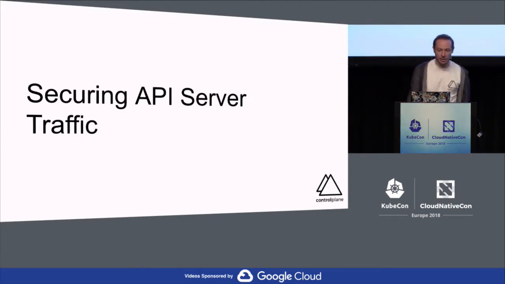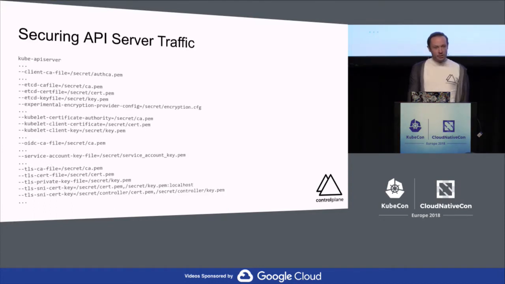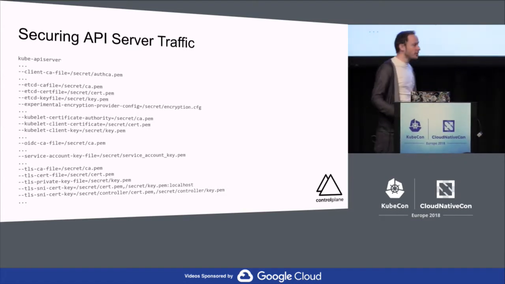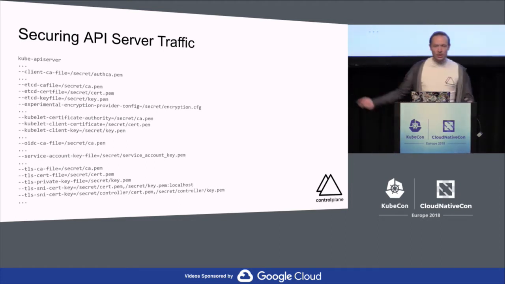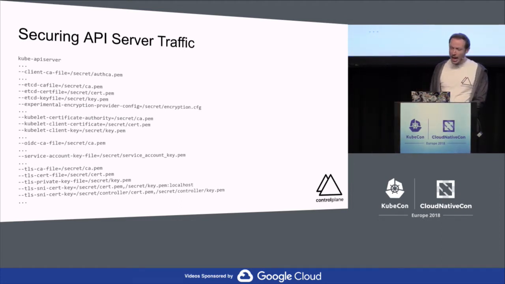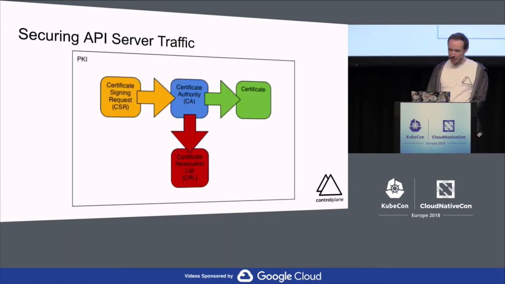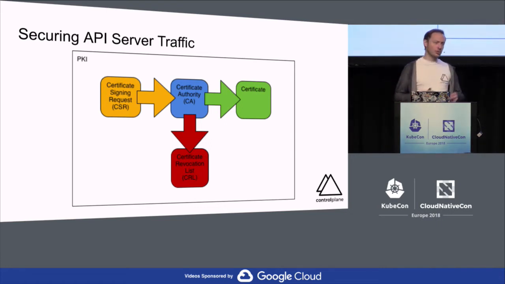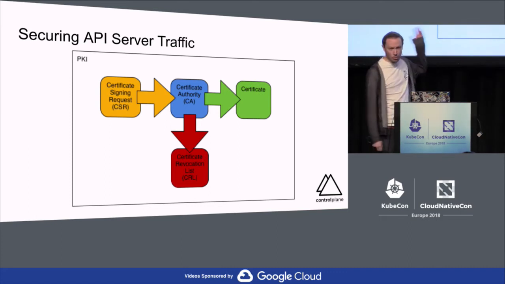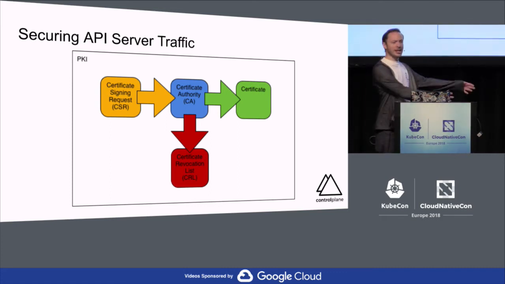So, securing the API server. There are a lot of security flags on the API server. These are certificates, certificate authorities, and keys being configured. We're using TLS everywhere. How does TLS work? I'm glad you asked. We start with the certificate signing request, which details the identity that we want to be cryptographically signed and guaranteed. We pass it through to a certificate authority, who we trust either on the internet through